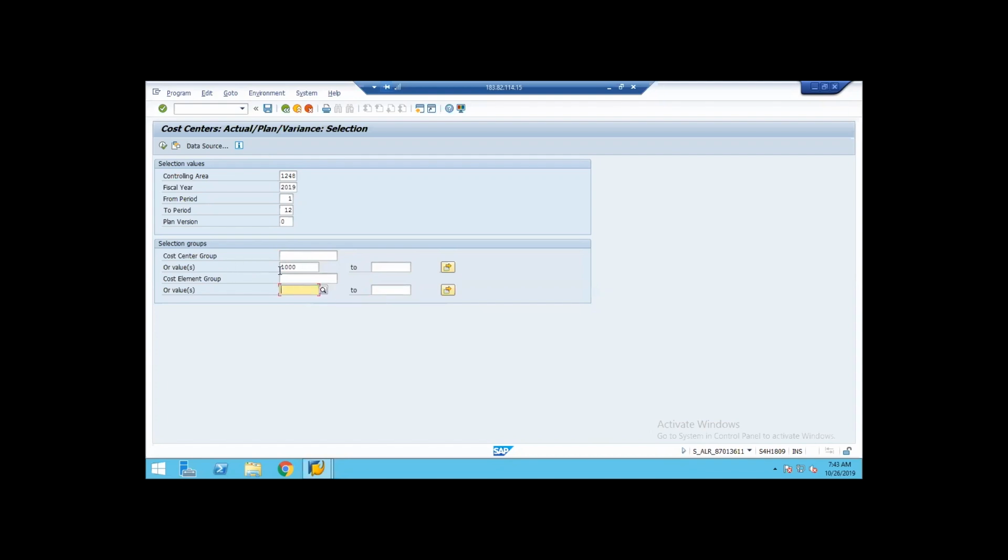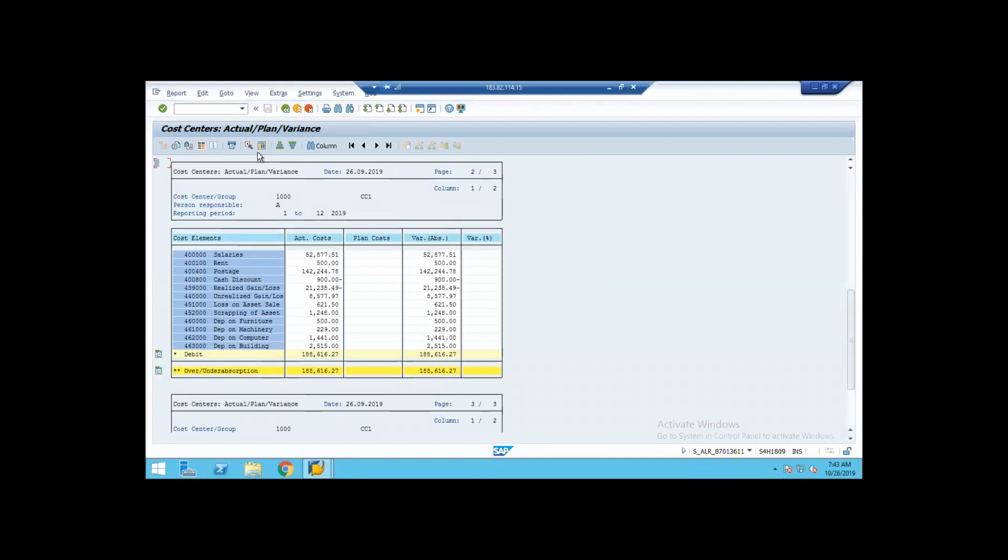Okay, so I've just selected 1000 cost center and executing. The moment we execute here, we will have a report. Here, this is a cost center and the person responsible for this cost center is this, reporting period 1 to 12 of 2019. The name of the cost center is this, and what are the transactions being posted,